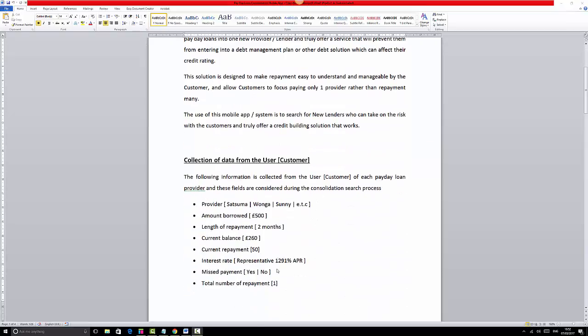So that is the main idea of this. So I just did a little bit of research on how the app is going to collect this data and the information from the customer or the borrower. So I put here the collection of data from the user to customer. The following information is collected from the user, customer, or the borrower of each PayDay loans provider, and these fields